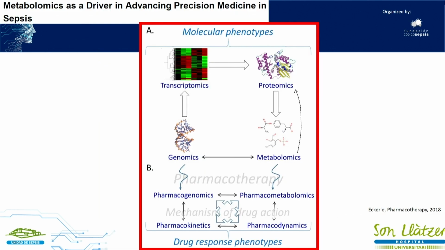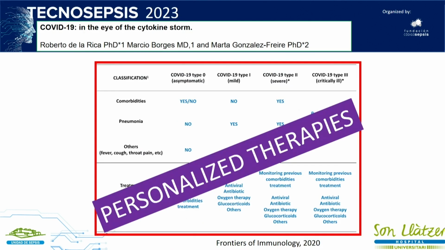So I like this study so much, this review that talks about the relationship between transcriptomics, proteomics, metabolomics, and genomics. And if you can see in the inferior part of the slide, this is pharmacokinetics and pharmacodynamics. This is a normal concept that you use day by day, but you have two other concepts, pharmacometabolomics and pharmacogenomics. So it's not possible to use only PK or PD concepts to develop treatments. And a few years ago, our group published